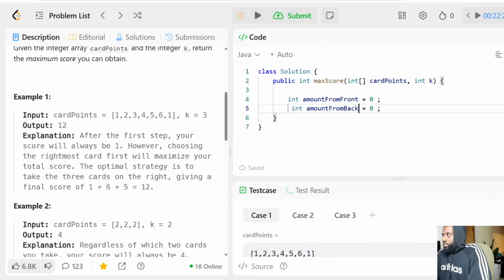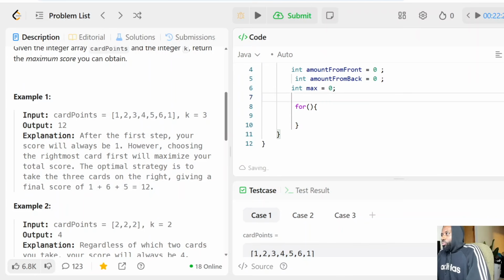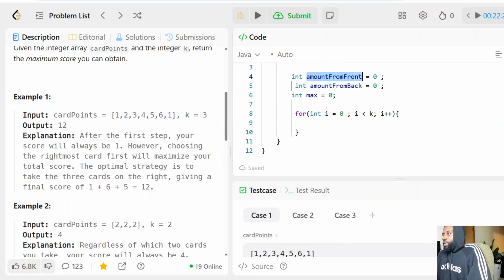Okay. So like I said initially, we're going to capture. We're going to need a max variable to keep track of the max we've encountered at any given point. So we're going to do int i equals 0, i less than k, i plus plus. Now I'm going to 0, 1, 2, and I'm going to stop here, because 2 is less than 3, so we stop there. As we're doing that, we're going to increment, we can add the value to the maximum, which is the amount from the front, which is